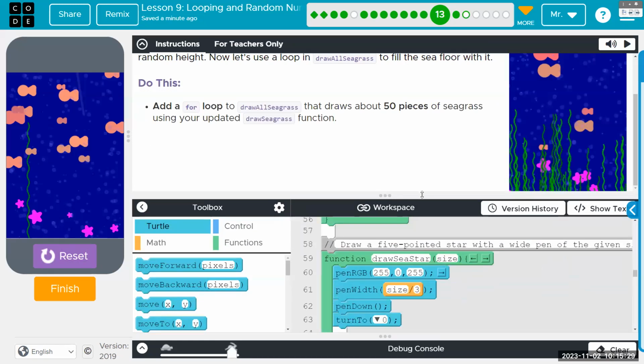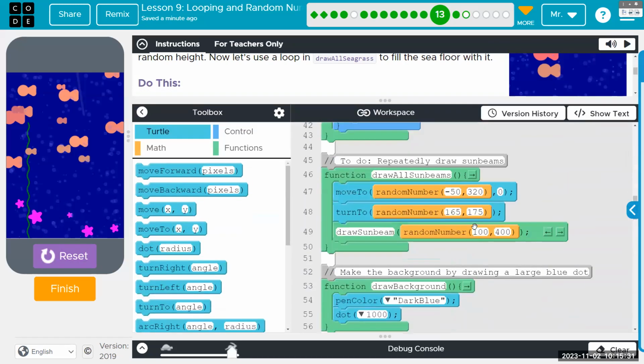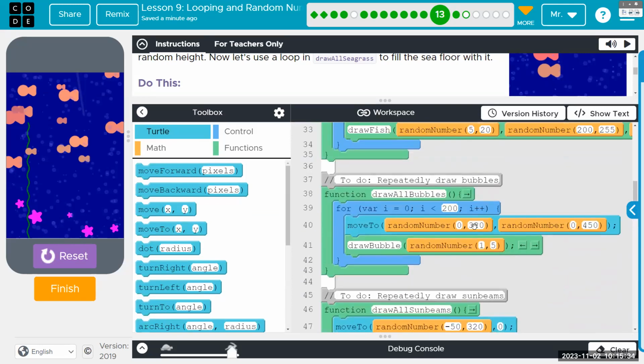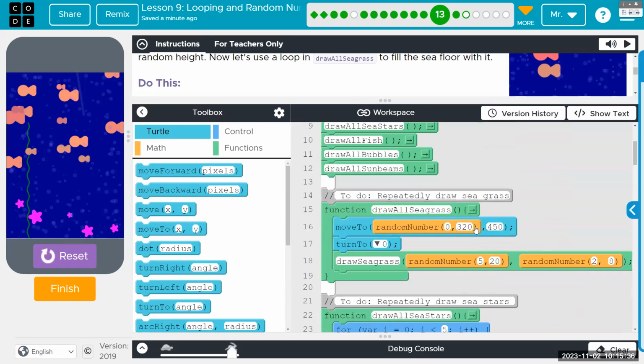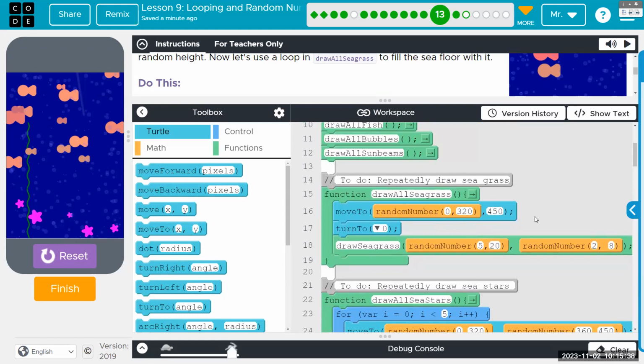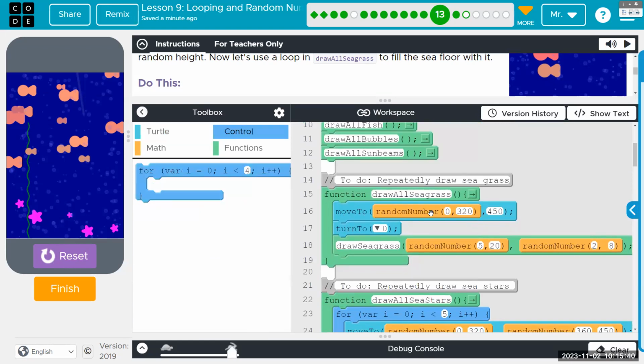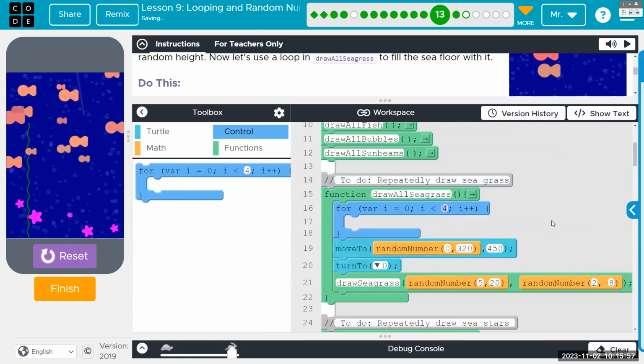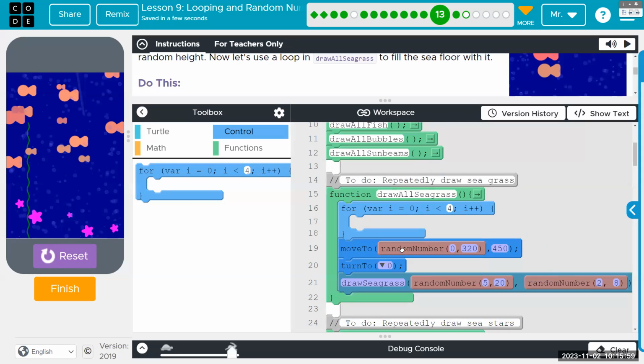So in order to do a bunch of this seagrass, we need to go up to draw all seagrass, which is on line 15. And we need to loop. Okay, we already know the move to works because it moves to the bottom edge somewhere left to right. We know it turns due north in order for the function to work. And then our two random values, one for the size of the radius and the other for the number of left rights. We just need to do all of it 50 times.